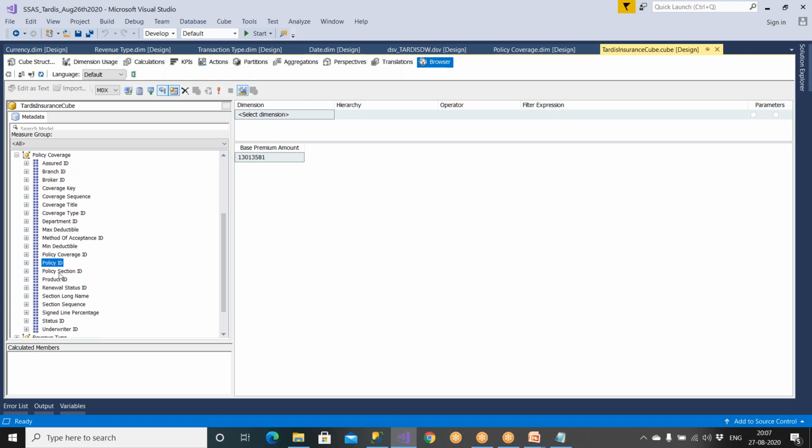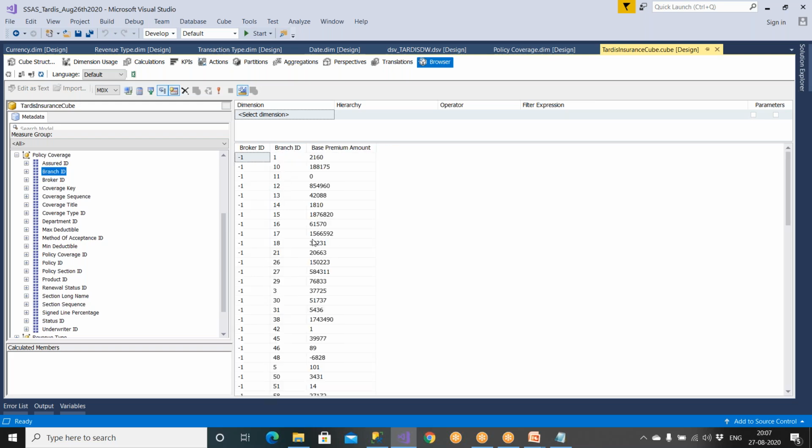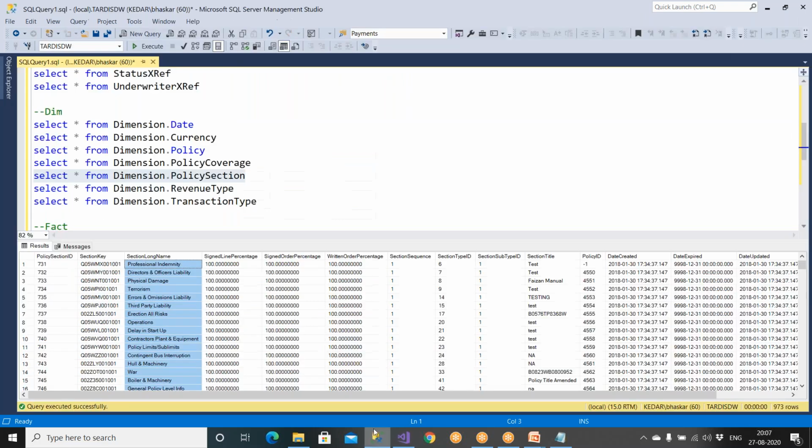But you need to have area ID, then broker ID and branch ID. I don't have any names, branch name, broker name. So all these things are missing. So we need to include some more tables as well here. So if you wanted to get the names of this, we have to use